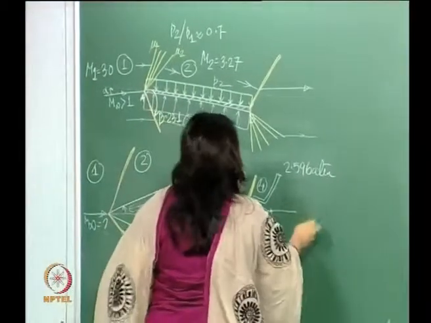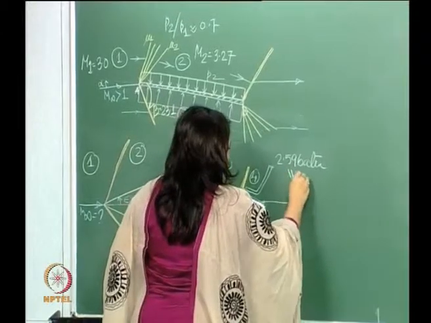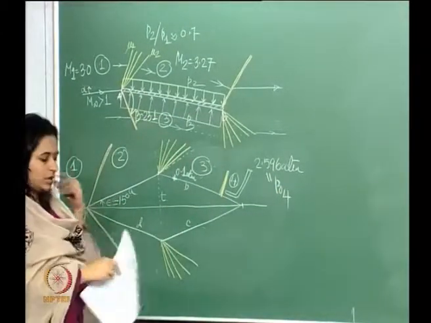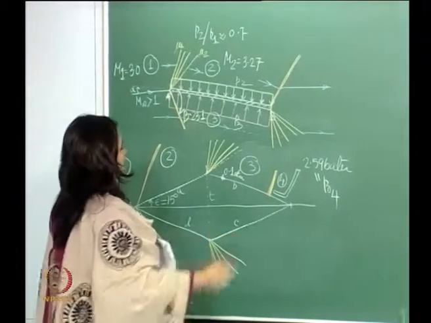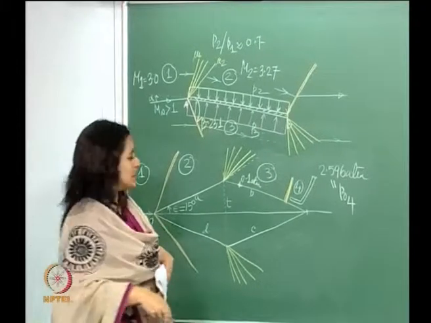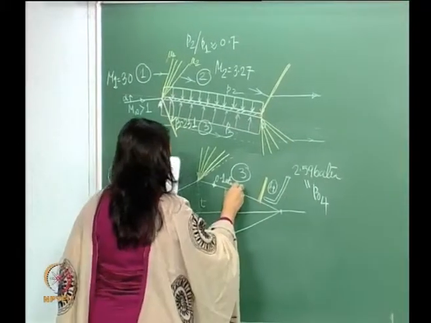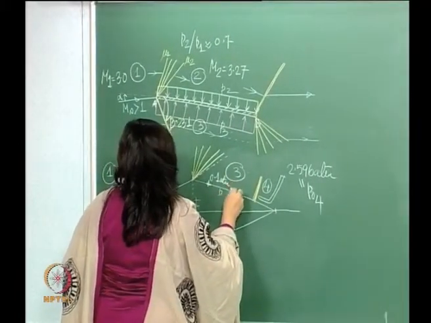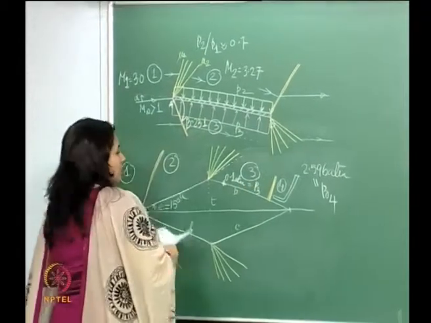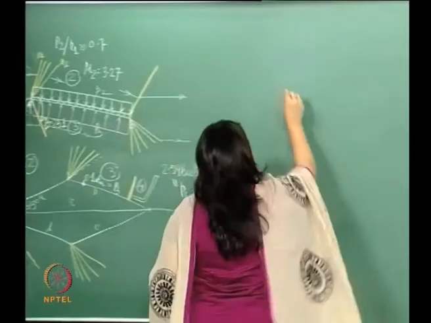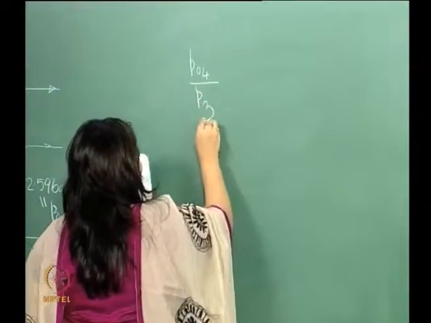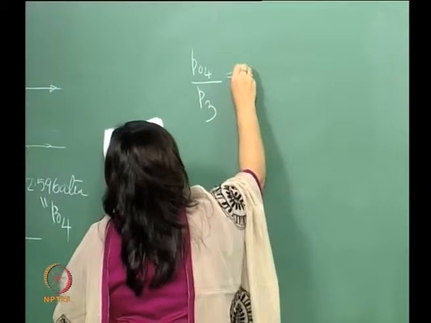So, what we are getting here is actually nothing but the total pressure in region 4, and this reading is nothing but the static pressure reading in region 3. So, this I can write, this is basically P3, isn't it? So, what is given to us is essentially P naught 4 by P3, right, and this is given to us as